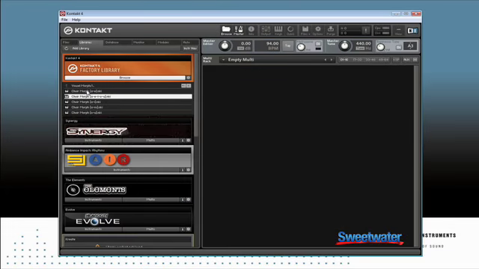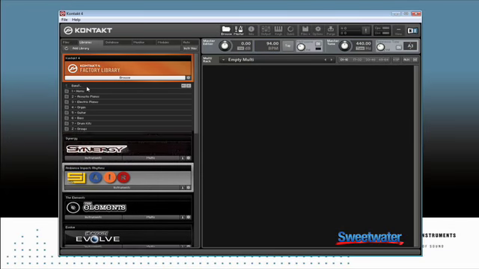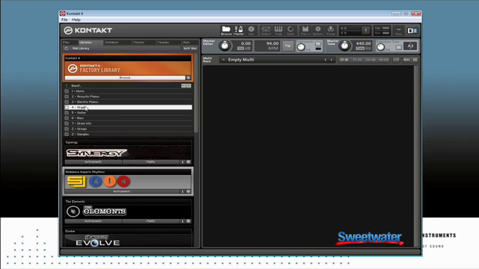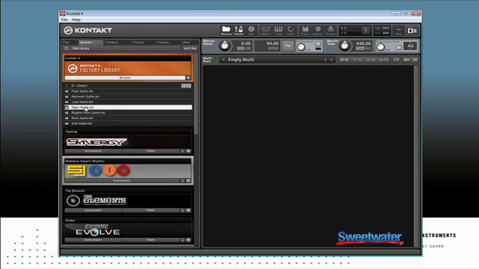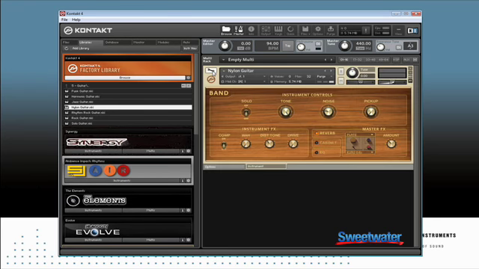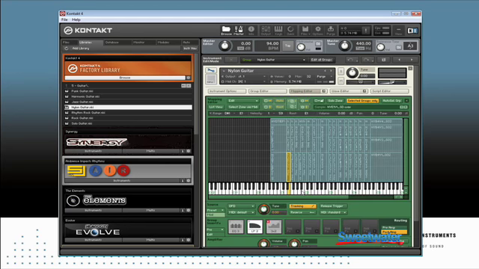But the most common use for this is actually for smoothing out velocity. You might, for example, want a smoother transition between velocity layers. I showed you a moment ago the nylon guitar sound. I'm going to reload that nylon guitar. Now you'll notice when I play the nylon guitar,